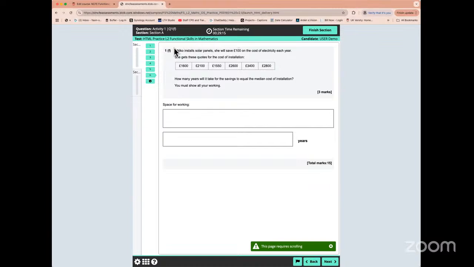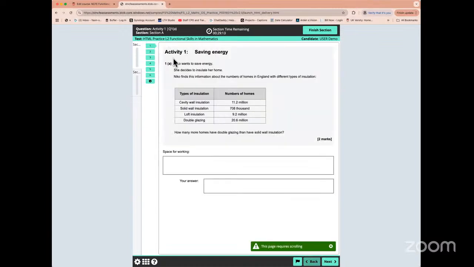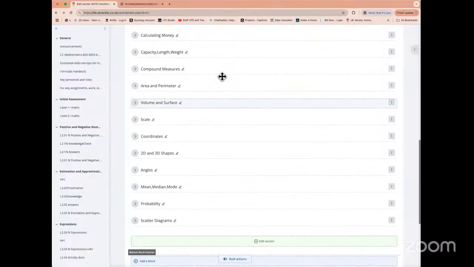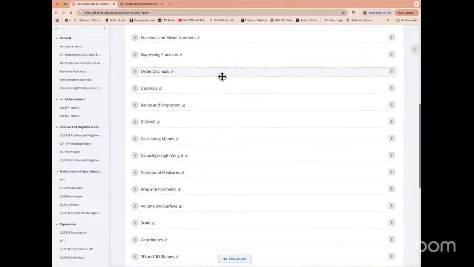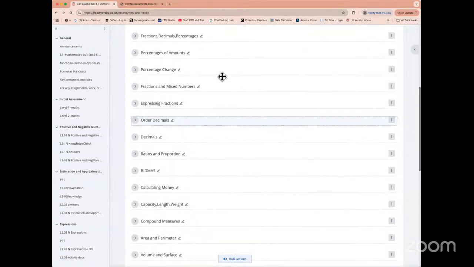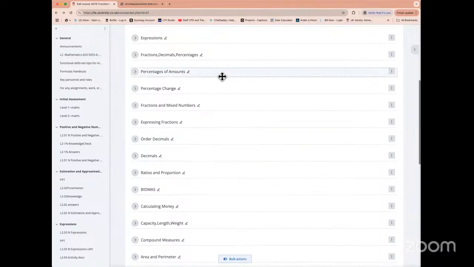So the idea is we have maths that we use on a day-to-day basis, and things like weight, measures, area, perimeter, volume, scale, coordinates, percentages, decimals, ratios, fractions, all these things we use on a day-to-day basis, right? But the main point is we need to be able to just revise, because sometimes in an exam situation, it becomes difficult unless you know the formulas or you know how the calculations are to be done. And that is why we are going through all these topics.